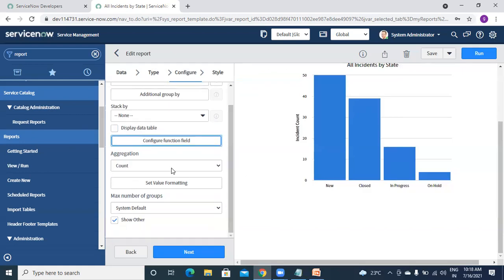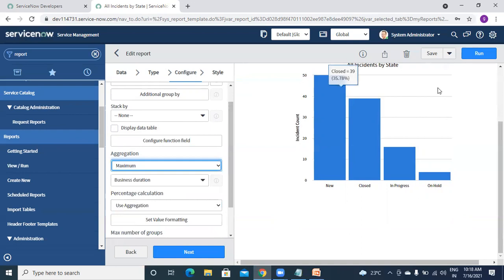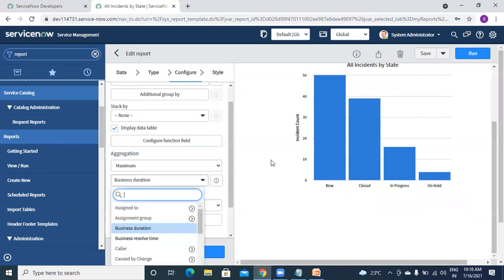And if you want to do any aggregate, like count, sum, distinct, maximum, minimum, anything. So for example, out of the box it was count. If I select maximum, and I will select maximum of something like business duration.